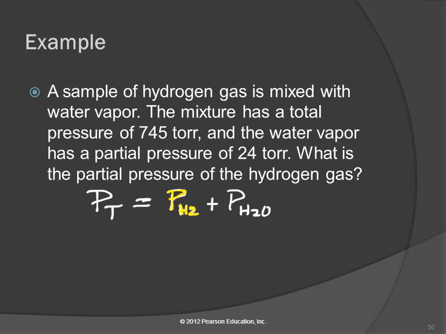How do I rearrange that equation and get pH2 by itself? Subtract. So pH2O is over here, but these are added. I don't want to divide. I want to do the opposite. I'm going to subtract. So I'm going to subtract pH2O from this side, and then I end up with